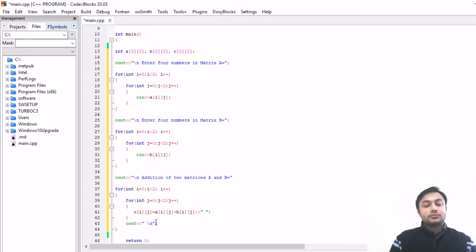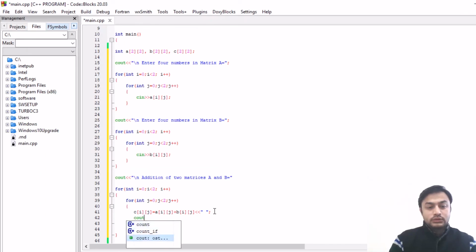Now I want to print this value, so you can print here cout c i j. So there is no need of using space here. You can use here.